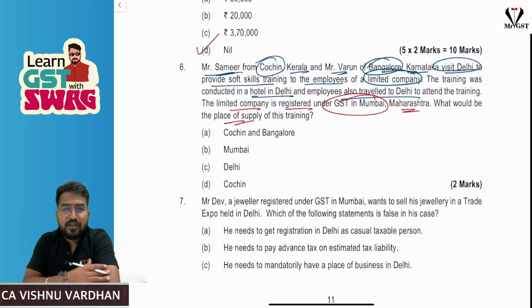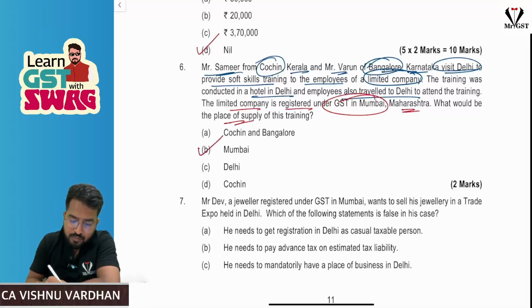Sir, when training and performance appraisal services are provided, what is the place of supply? If the recipient is registered, obviously where the recipient is registered, that will be the place of supply. So in this case, Mumbai will be the answer. Next,